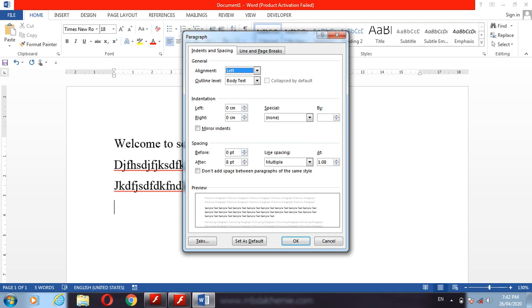Now, before, here we can give the spacing. If we click here, the mouse is moving here. See, if we click here, we can increase the space size. In this way the size will increase.